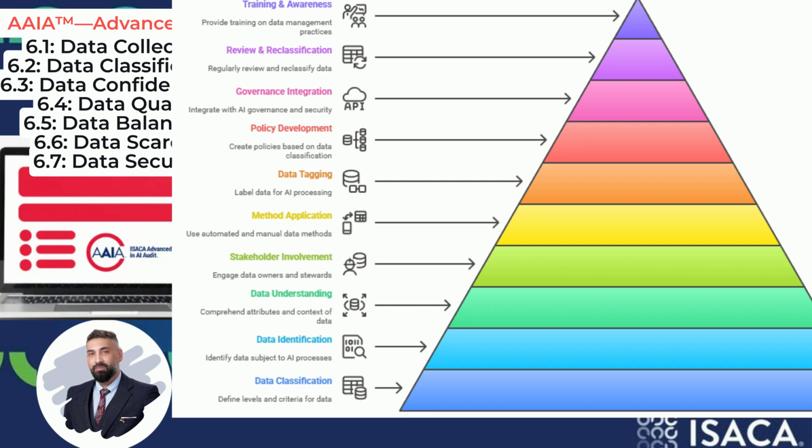Use a combination of automated and manual methods. Automated tools can help with initial classification, especially for large volumes of data, but manual review and validation by experts are often necessary, particularly for sensitive or complex data. Tag and label data. Once classified, data should be appropriately tagged or labeled with its classification level, both in its metadata and potentially within the data stores themselves.